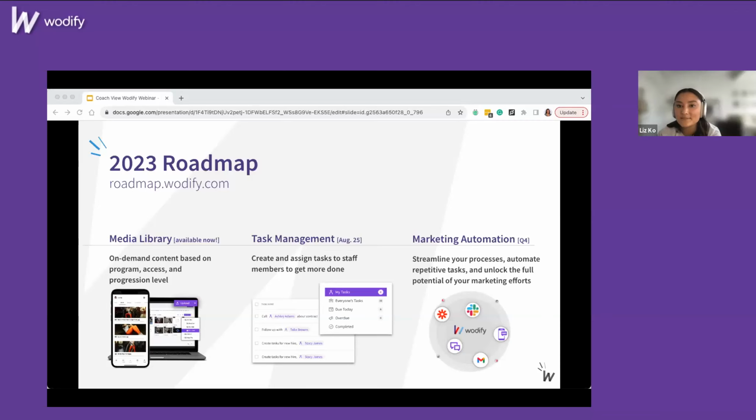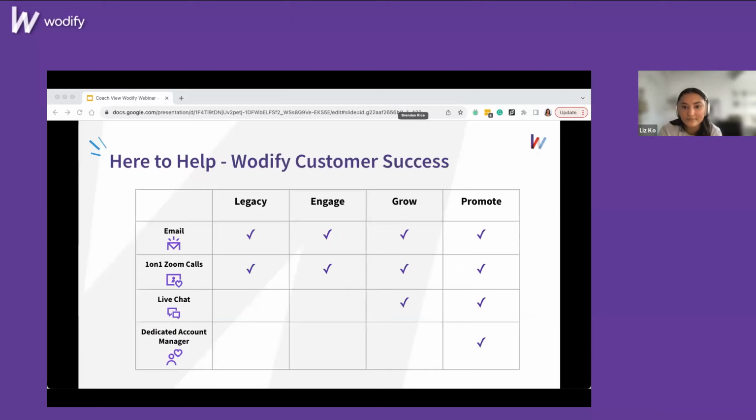Yeah, definitely. Thanks for that context, Brendan. I think it's really helpful to know how you can use Media Library because there's just so many different options. So yes, please dive into Media Library and give it a try and give us your feedback. So I hope that you're all as excited as we are about all of these new features, but you can always keep up to date with what we're working on via roadmap.wodify.com. So please check that out.